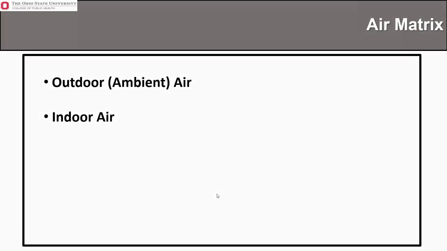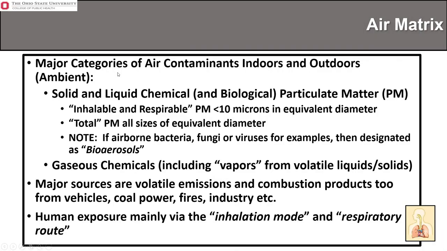And we shift to some major contaminants, then, major categories of air contaminants indoors and outdoors. Looking at the air matrix, you should know what PM stands for. PM stands for particulate matter, and particulate matter that is of most concern, not the only concern, but the most concern, is PM less than 10. So you'll see PM10 or PM2.5. The smaller the equivalent diameter, that's the size of the particulate matter that's airborne, the more inhalable and respirable, meaning the deeper into the bronchial tree.